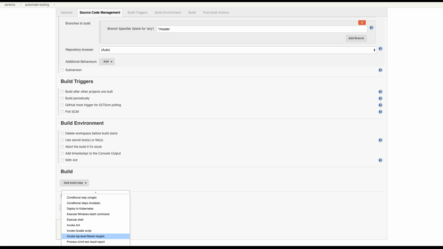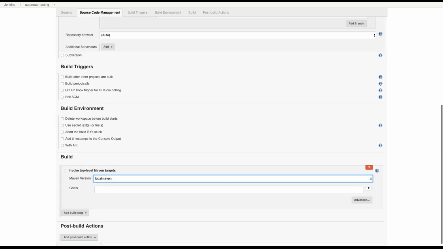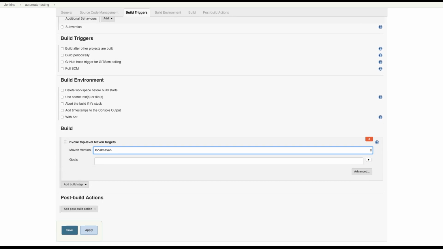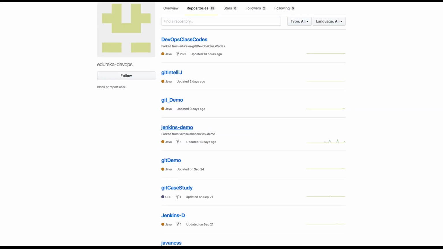So I'll use invoke top level Maven targets. I'll use as local Maven. I have two different Mavens configured. So local Maven is the one where Maven is pre-installed on my system already. And I think it is Maven 3.5. Then I need to mention the goal as verify, and in this case, if I go here, this is the